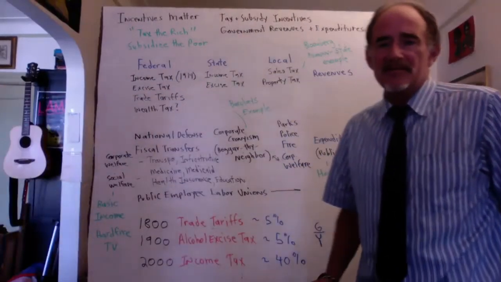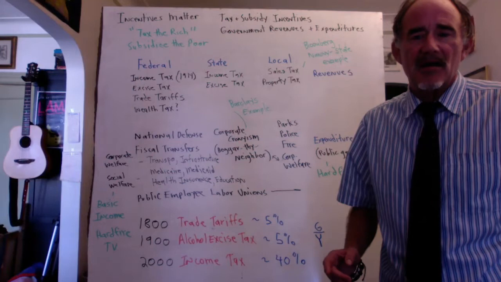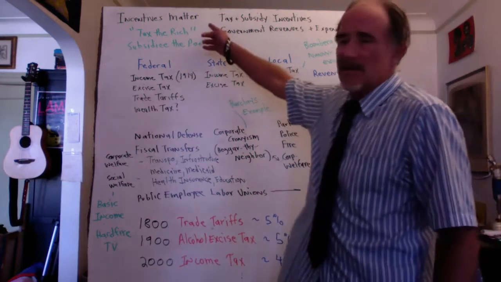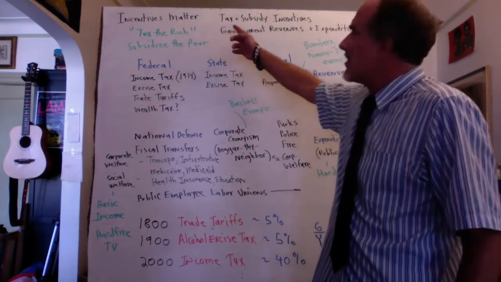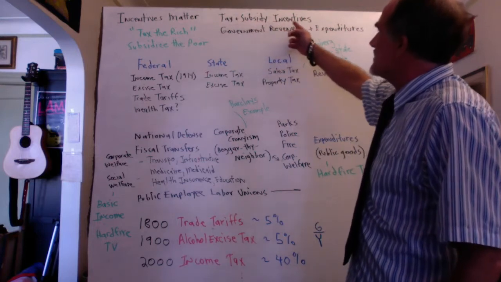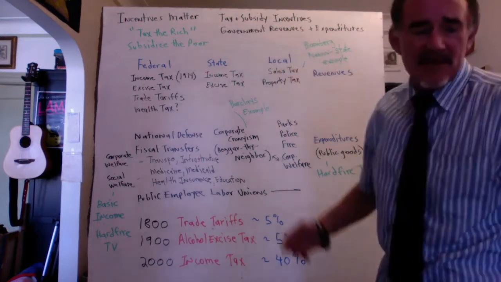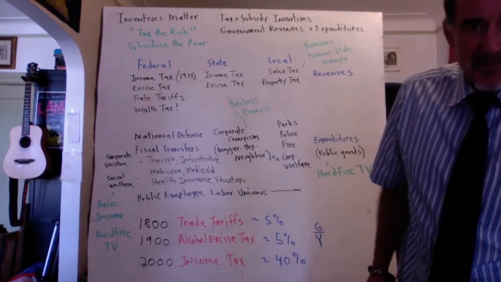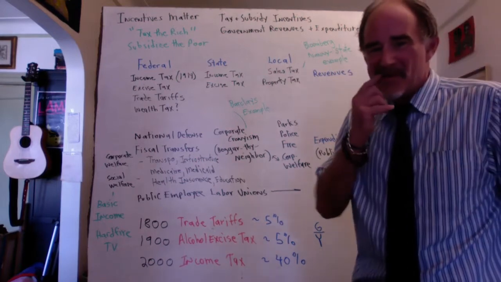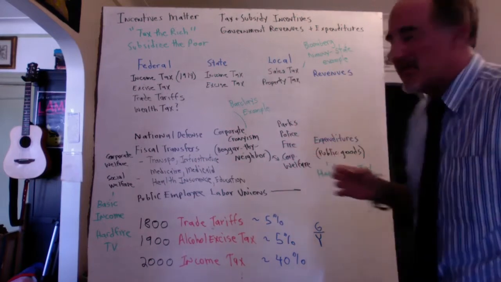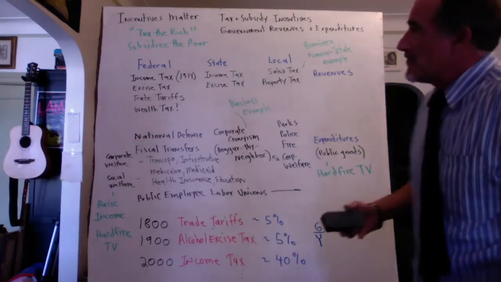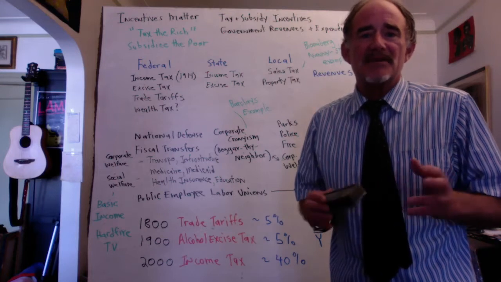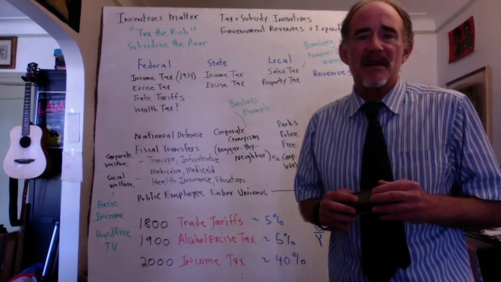Okay, this is going to be a lengthy but necessary teaching module under the category Incentives Matter, specifically tax and subsidy incentives, government revenues, and expenditures. It's kind of like a civics lesson. So the first thing we want to look at is the general idea: you should tax the things you're trying to discourage and subsidize the things you're trying